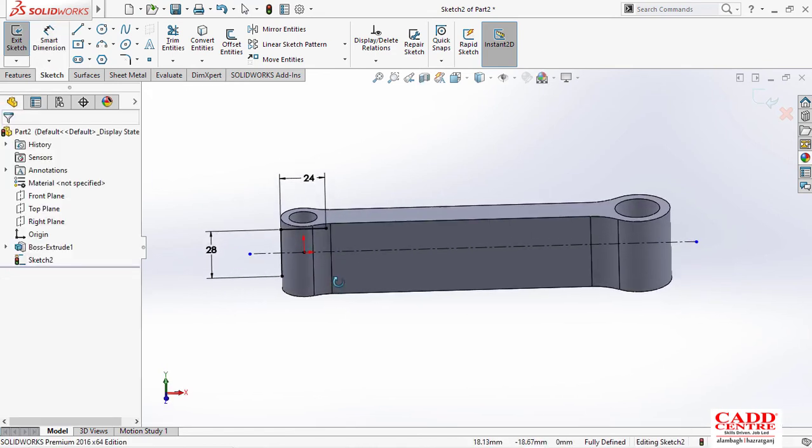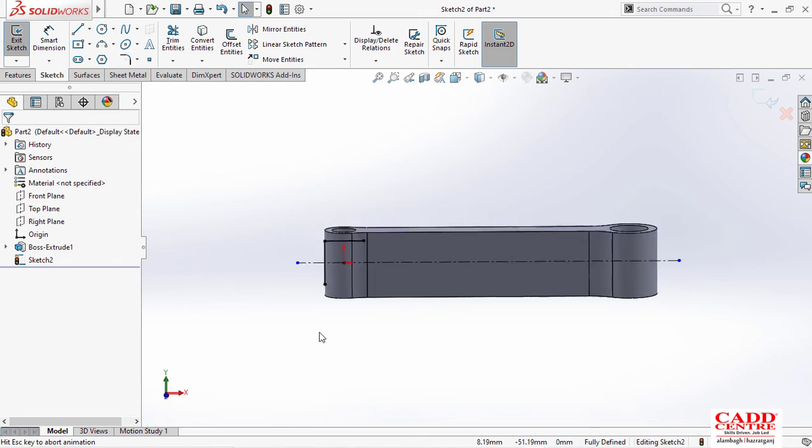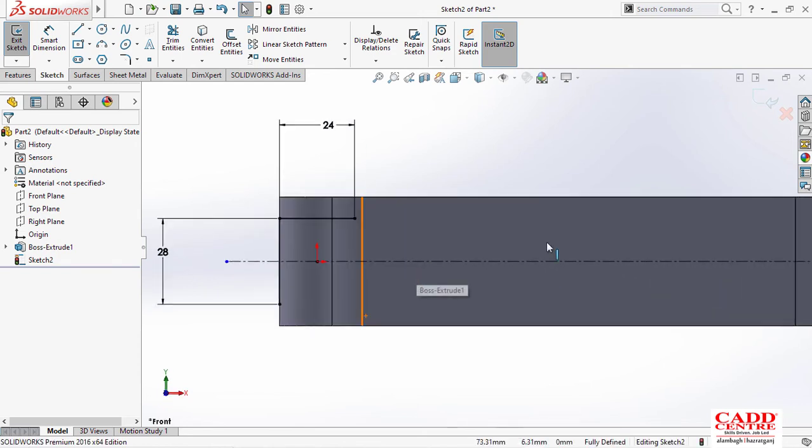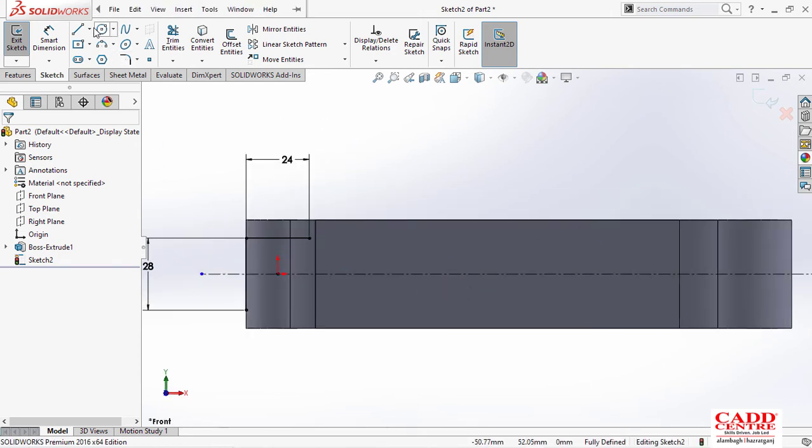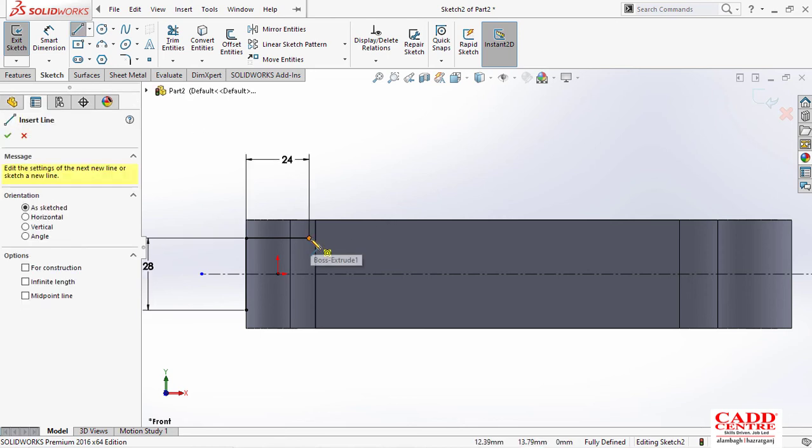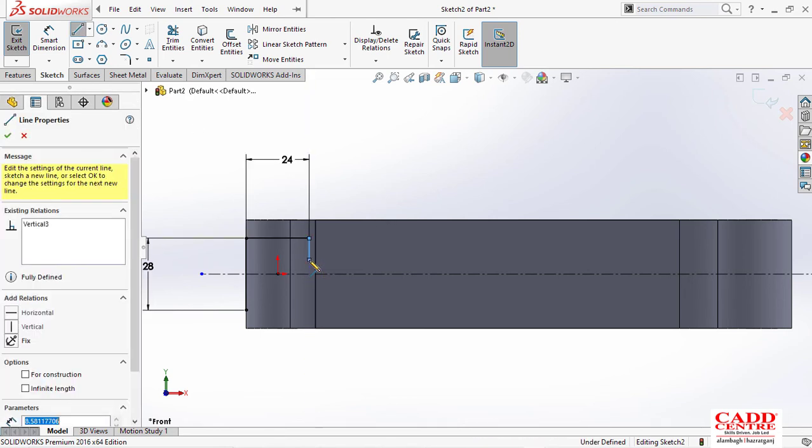You can see this is the last edge of that profile. So just go down, and how much have they given, 18. Okay, so just go here.